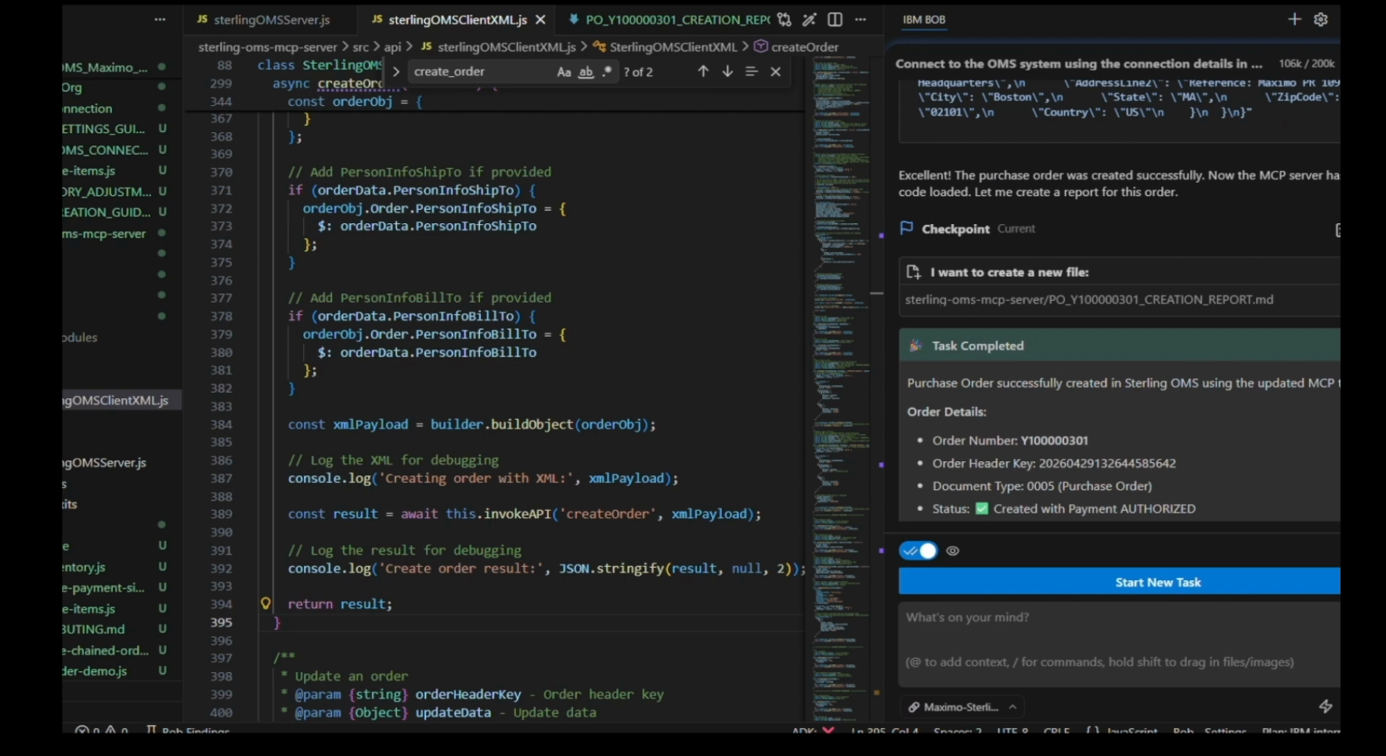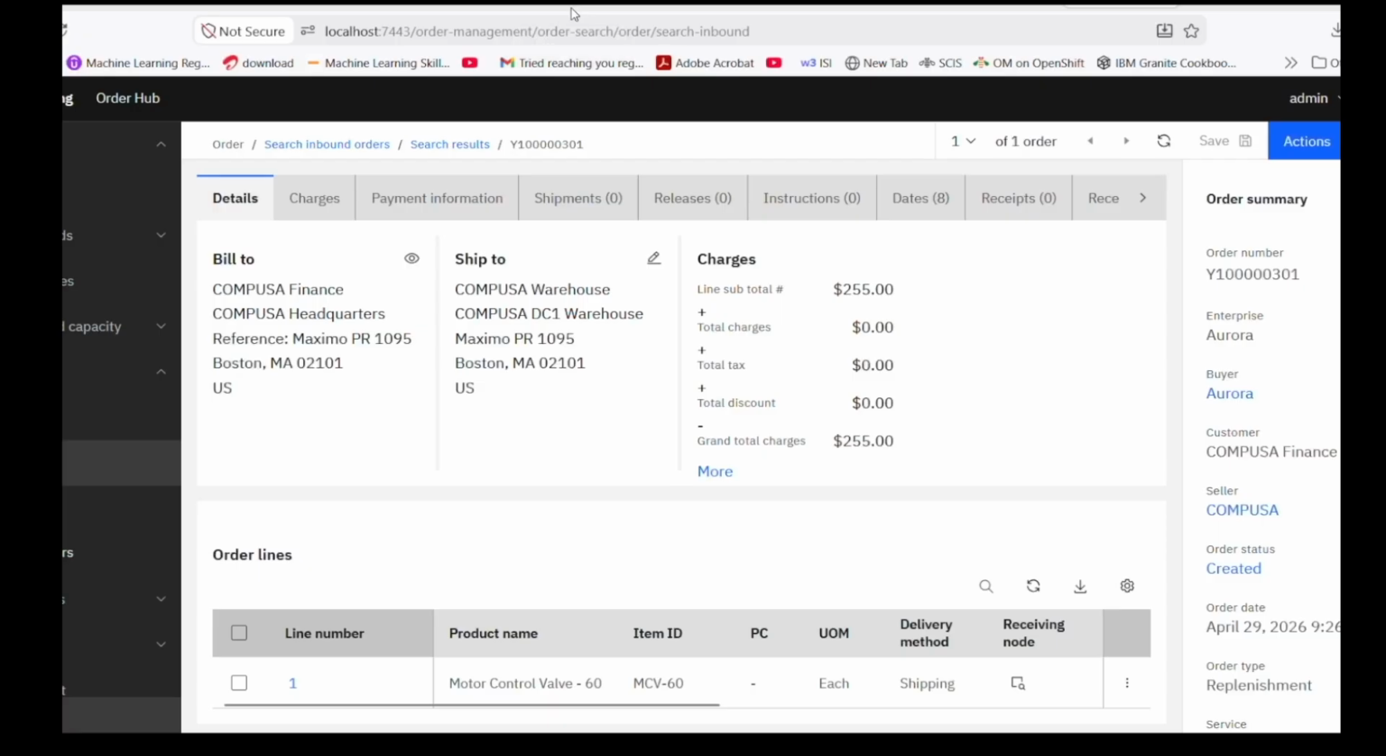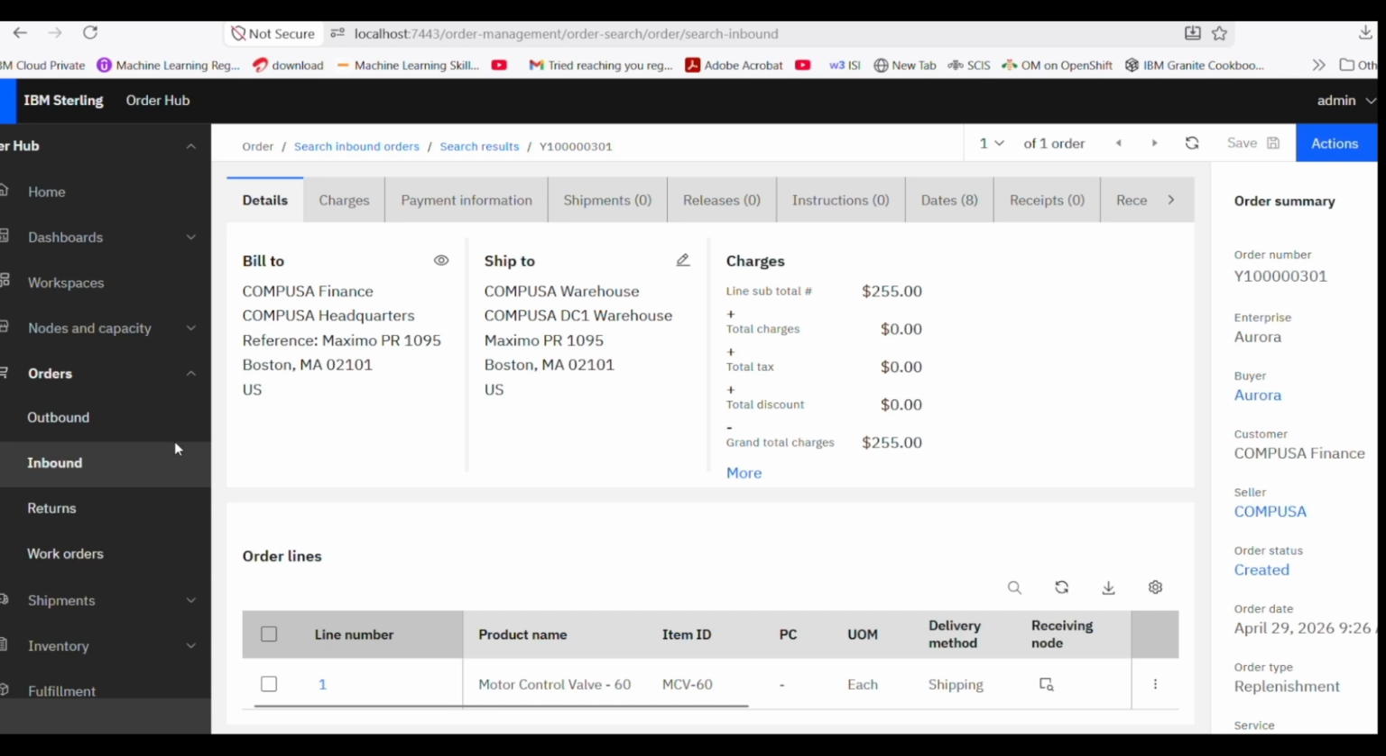The purchase order was successfully created using the MCP tool. The output includes the order number, order key, and document type. We can verify the same order directly within Sterling OMS by searching for the generated order number. The created order is further orchestrated to schedule and release status and pushed to Maximo. This demonstrates how efficiently Bob can create purchase orders